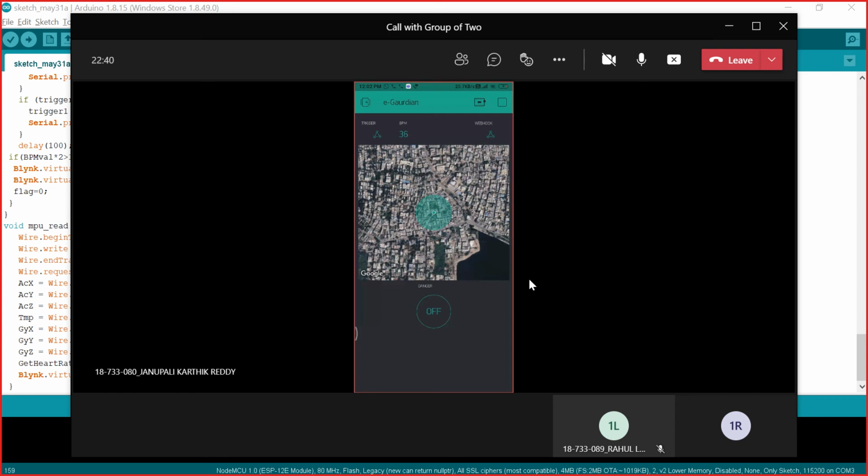So it has wider functionalities, because health monitoring or checking the status of a particular person is very important in the present situation, as many problems and dangers can arise at any moment. Helping them is very difficult if we don't know whether danger or any drastic situation has happened. If this device is present, we can easily alert many people nearby and we can save lives. So our eGuardian app works to save souls. Thank you.